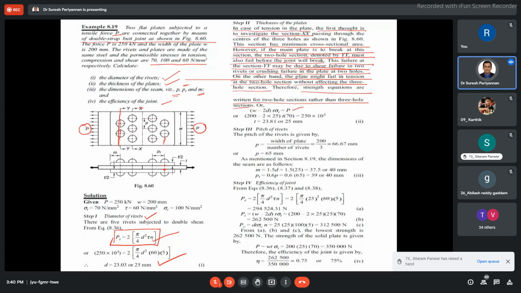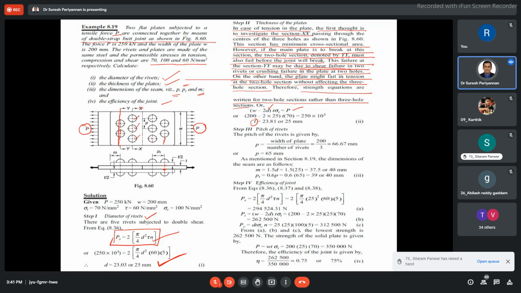Now what is this with respect to this? We know the diameter D is given already in the problem. Anyway, the diameter we already found in the earlier case. Now we can find T from this relation, the thickness of the plate. Now the pitch of the rivets, what is the pitch of the rivets? I mean, how many rivets are located here? The maximum number of rivets is 3. 1, 2, 3, 3 rivets.